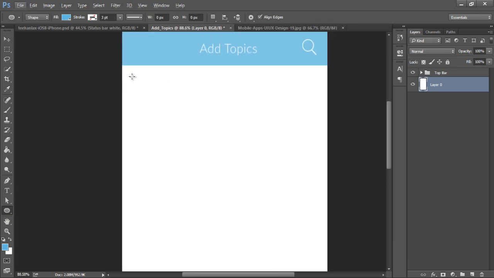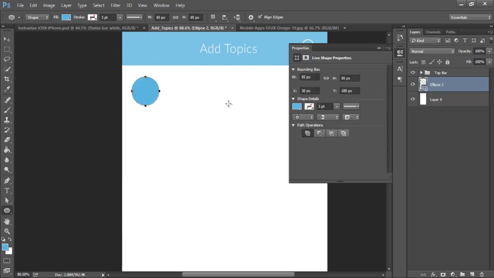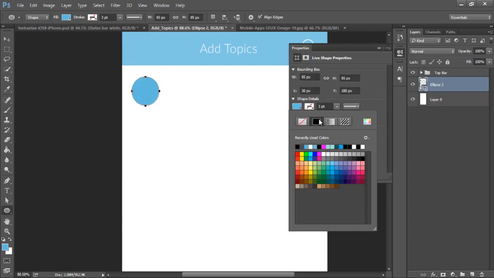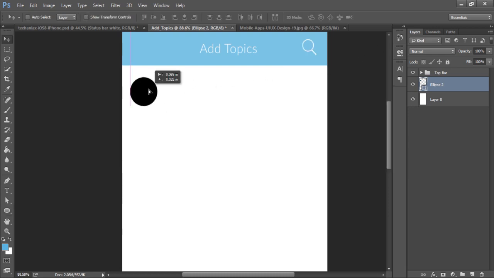By holding down the shift key, drag it over like this. We could make a black color. The color really doesn't matter at this point. You will see why. So add this, something like this. I mean, we could change it